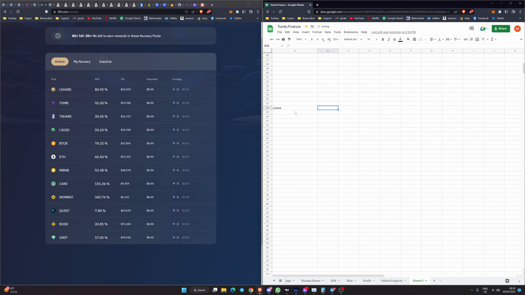L-Share has an APR currently of 84.93% and a TVL of $16,070. So that's what your APR would look like if you only had $1 staked in there. You've taken this number here and multiplied it by that number there, and then what you'd need to do is